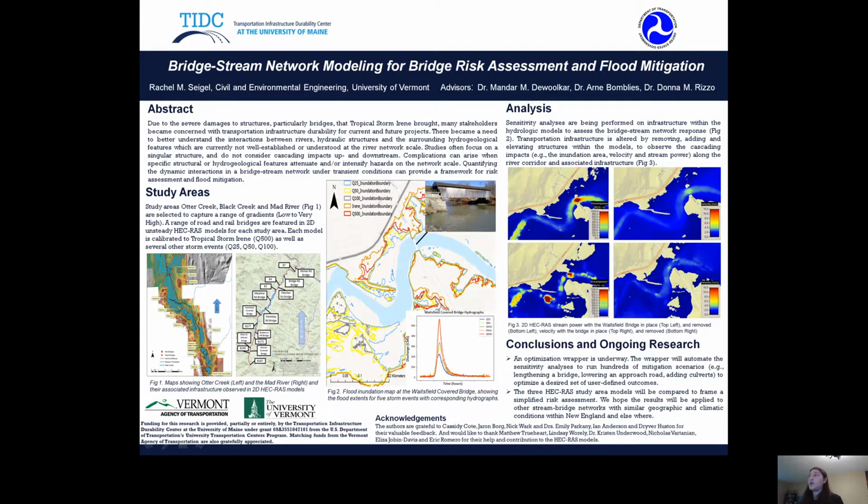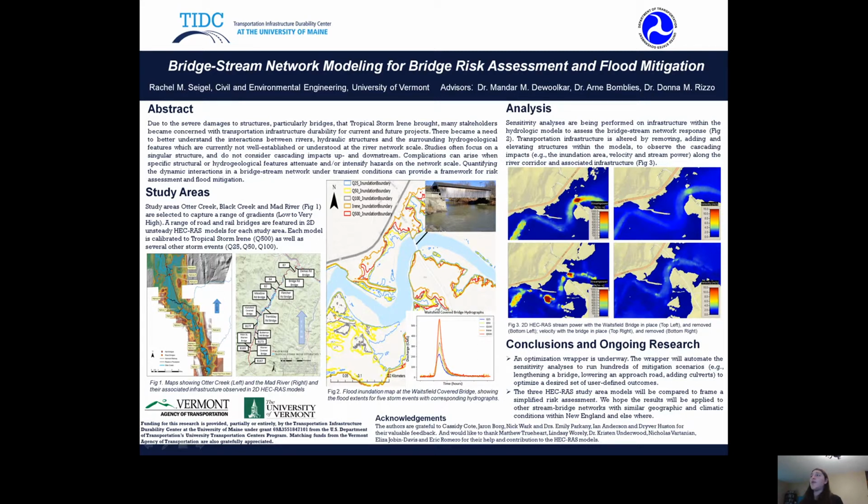This historic bridge is one of the oldest in Vermont and was overtopped as well as damaged during Tropical Storm Irene. What's interesting about this location is that when the simulations are run in HEC-RAS, you can see that all of the inundation boundaries for the varying storm events are very close together and in some cases overlapping. And this could suggest that this bridge would be overtopped for less severe storms as well.